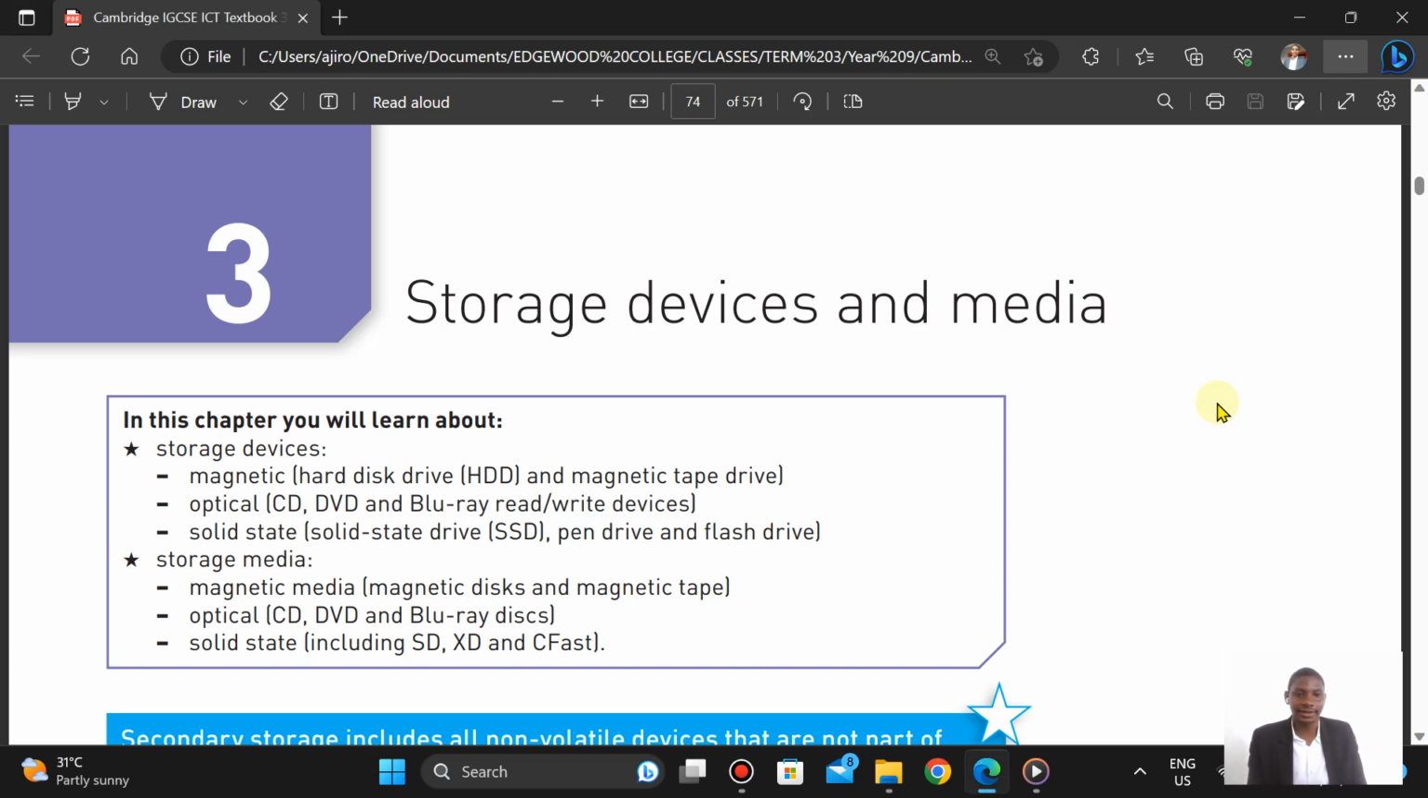Hi everyone, and today we're going to look at storage devices and media. This is a really sensitive topic because most of the time you get questions coming in, especially when you're talking about advantages and disadvantages of using this over the other. In these storage devices, we're going to be looking at the magnetic,